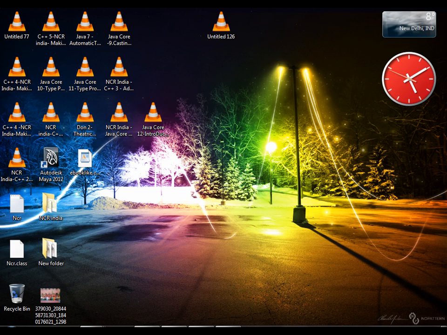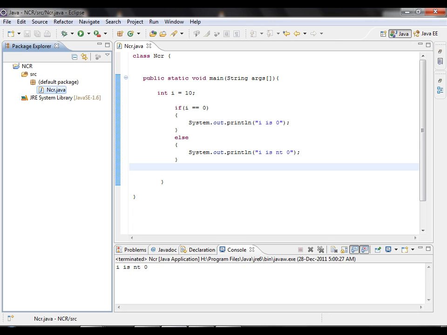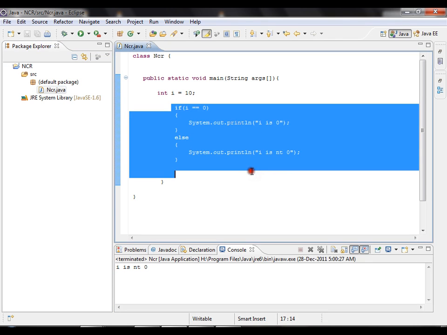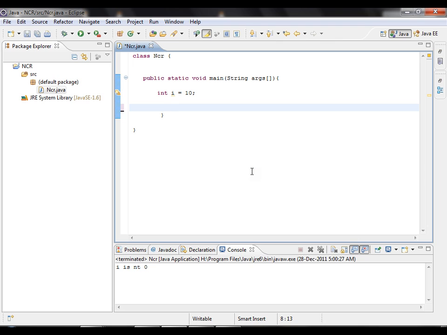Here in this tutorial I'm gonna continue my previous program. Now here you can see we have already discussed the if structure, and with the help of this if I'm gonna make a user menu for our users. Let's say my current value of I is 1. Now if it is 1,